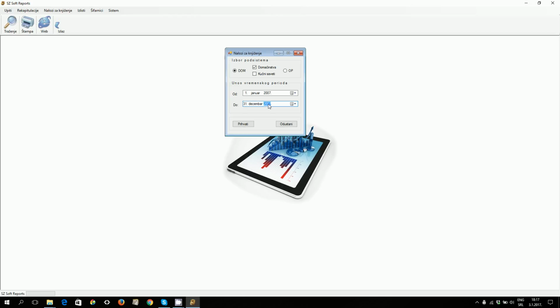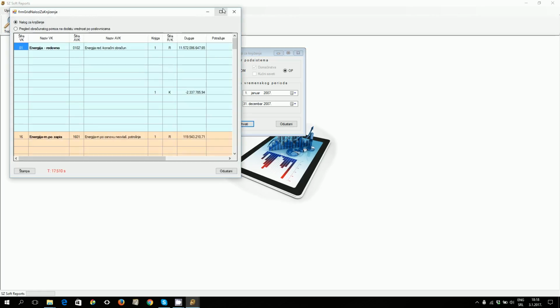For the category here, now we are going to choose other consumption. And with the clicking accept button, we enter the function or the report. Within few seconds, we get the report we want,